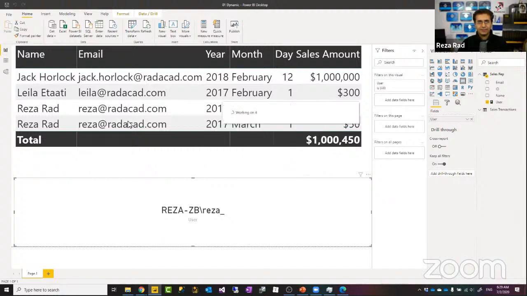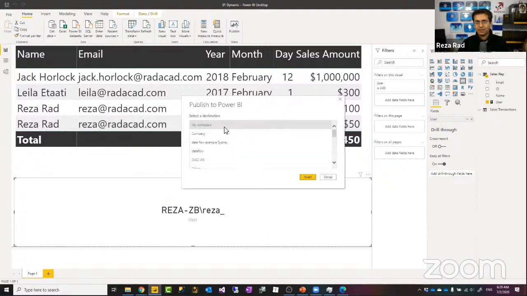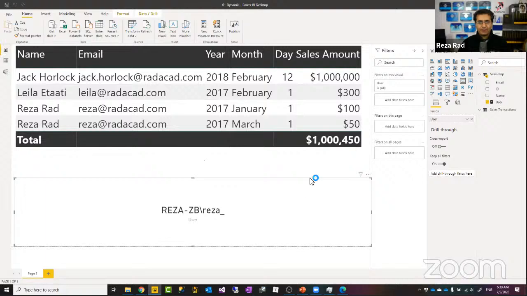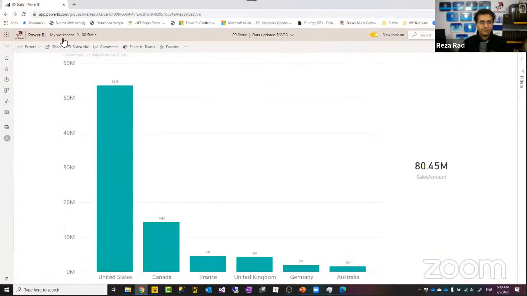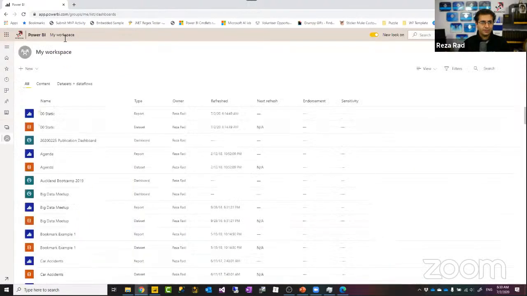and this source file, which you have seen is an Excel file right now, this can be anything. It can be SQL Server, it can be Common Data Services, it can be anything you are more comfortable with. If you do it as a Common Data Services, that means then you can have Power Apps working with that. With Power Apps, you can enter data into that. So publishing it up to the website, going to the website and opening that report.